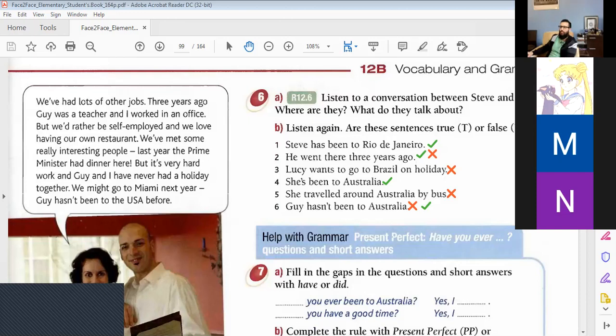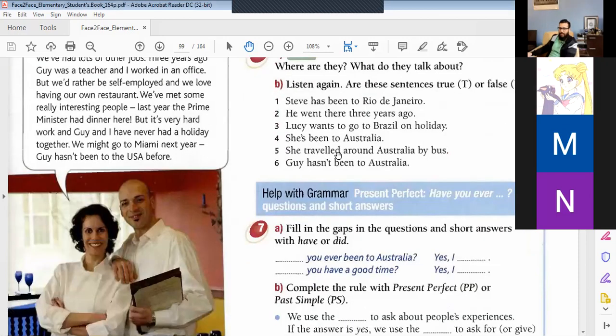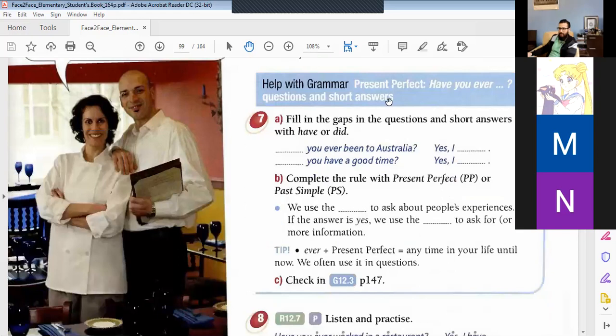Number 3, true, not false. Correct. Number 6, true, and number 6 is true. Yes. Number 2 false. And what's the correct answer? Four to five. Yes, that's correct. All right, so this is a conversation between Steve and Lucy. That's all for today, because in our next topic we're going to talk about questions,